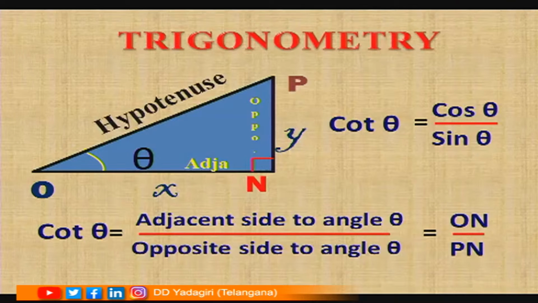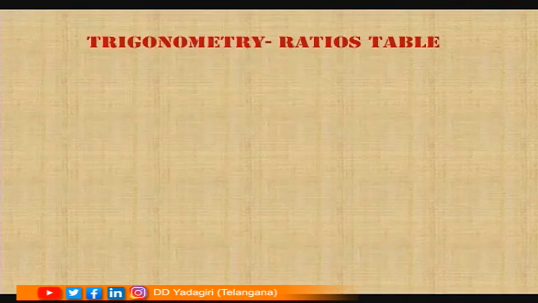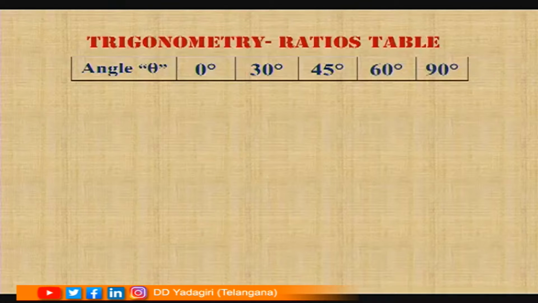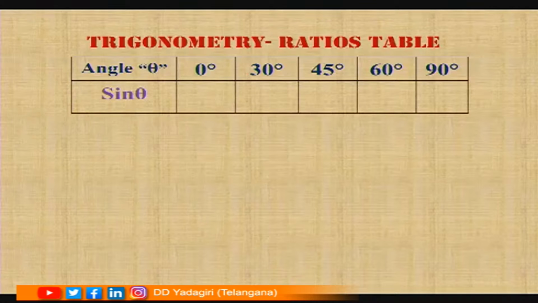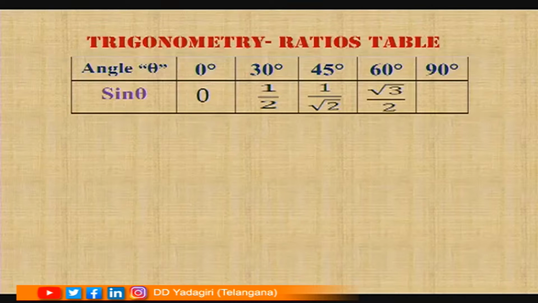Now, after this we will discuss the different values of these 6 trigonometric ratios, the trigonometric ratios table. So, the basic or general angles that we take are 0 degrees, 30 degrees, 45 degrees, 60 degrees and 90 degrees, the important angles for our better calculations. So, I will show you what the values of sin could be. So, sin 0 is equal to how much? 0, sin 30 is 1 by 2, sin 45 is 1 by root 2, sin 60 is root 3 by 2, sin 90